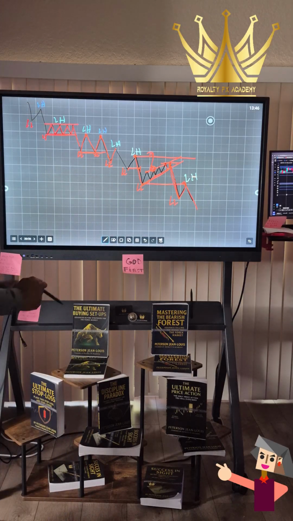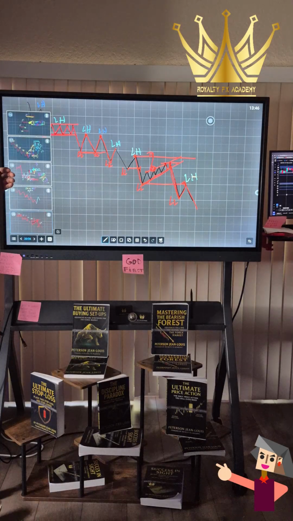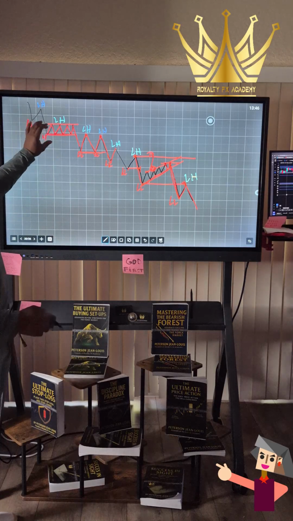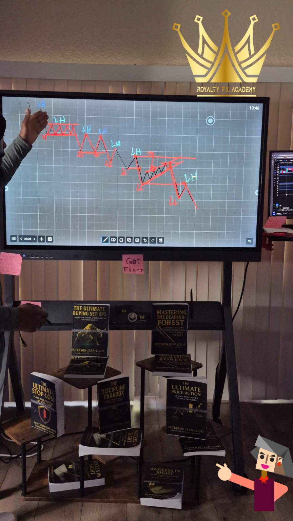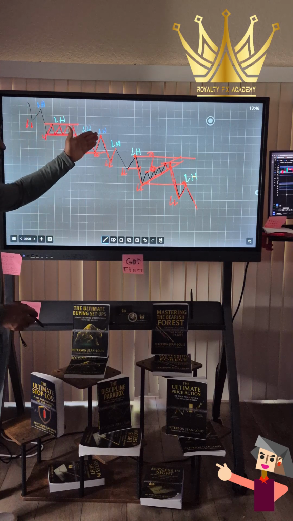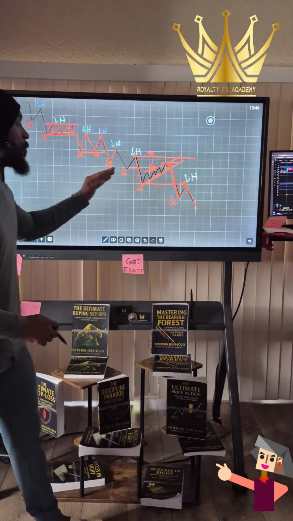That right there will be all lower highs. So that's just a different variation of downtrend where you get the consolidation or ranging, where the market did break and then gave you a double top before it sold. And in the case of this one, it wedged up before it started selling.